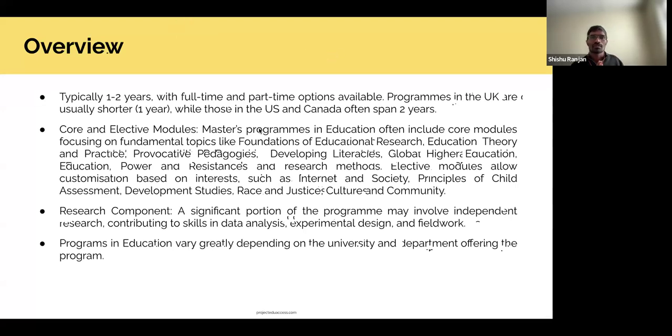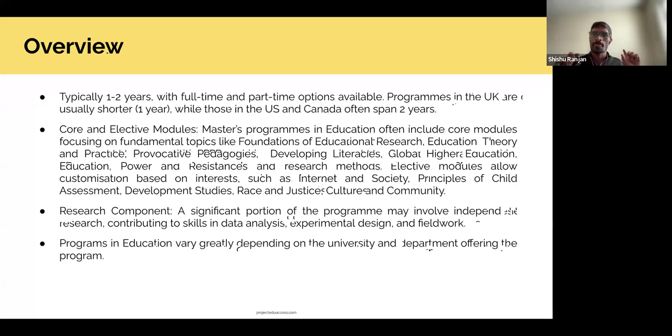Again, you need to go through the course website, and you will find everything over there. Research component, yes. Most of the courses in the UK and US are designed for research, so you will find a research module in each program, each master's degree. But it depends.